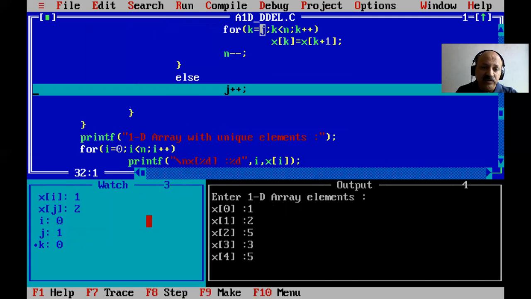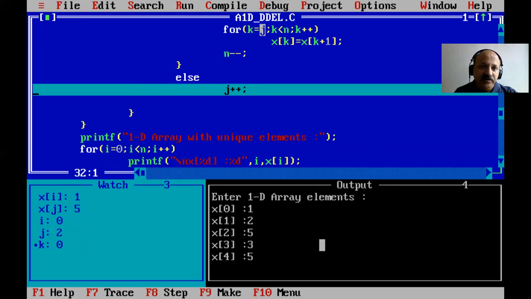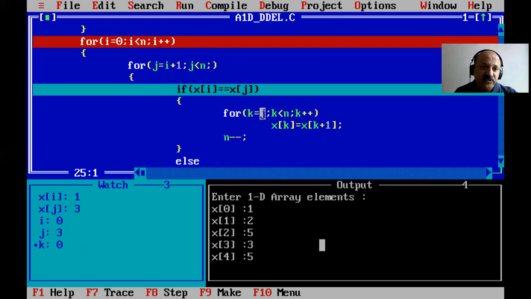So if the condition is false, then j plus plus. So i is 1 and j is 2 now. So that is the first element and 1. So the first element is compared to the next element. So that is our goal. Yes. So that is not compare means not equal. So again in the else part j plus plus. So you can look, that is 1 and 3.